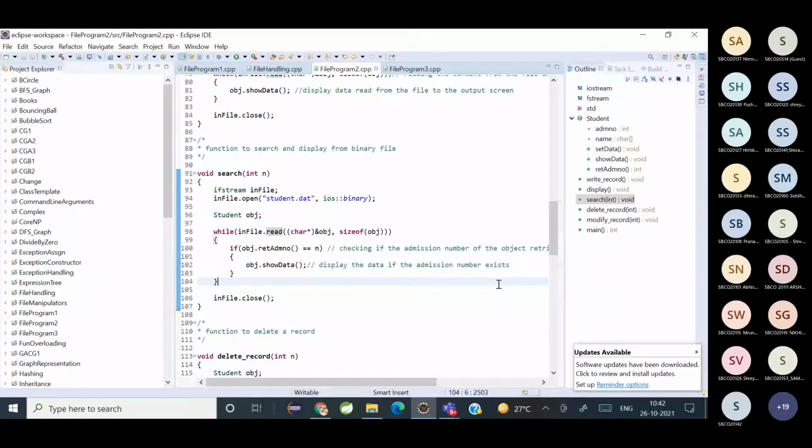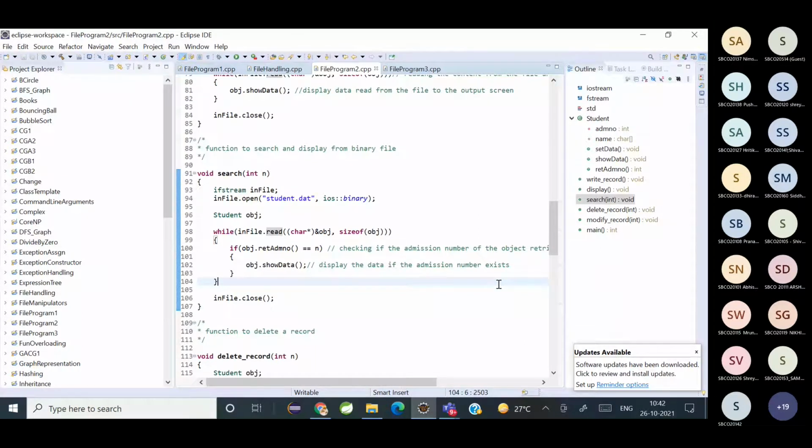We are not modifying the file. You're just checking whether a particular content is in the file. So you will open the file in read mode. So ifstream infile is the object. And then infile.open the file name, comma ios::binary. So you're opening the file in binary mode.